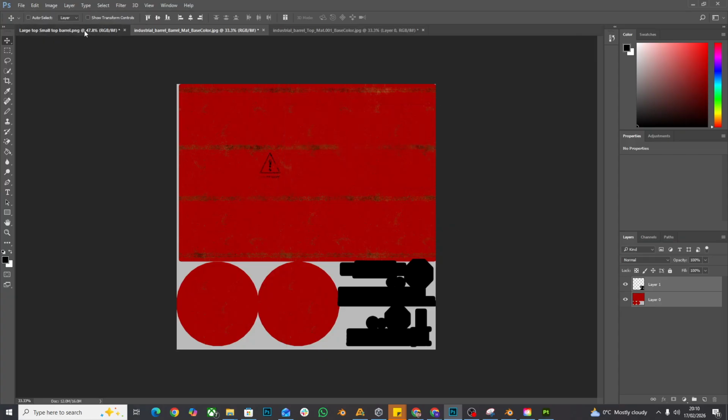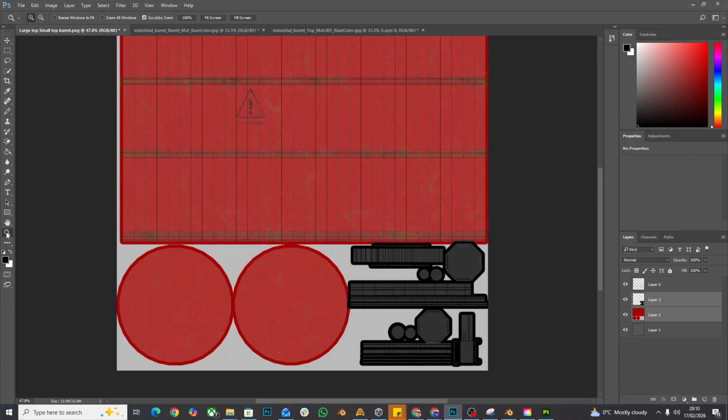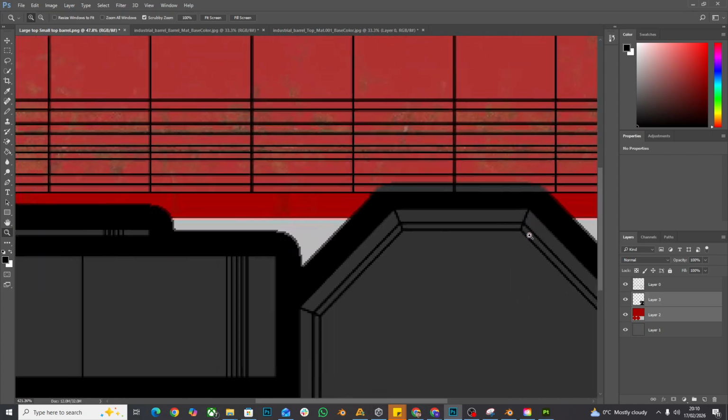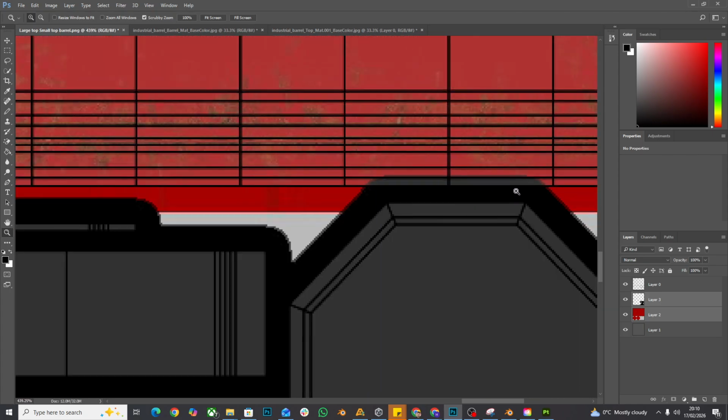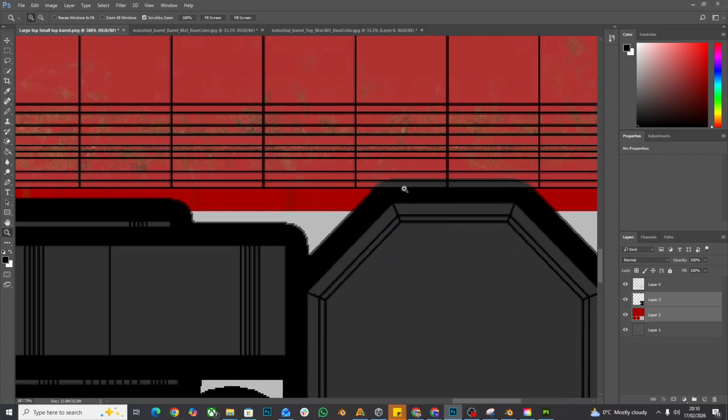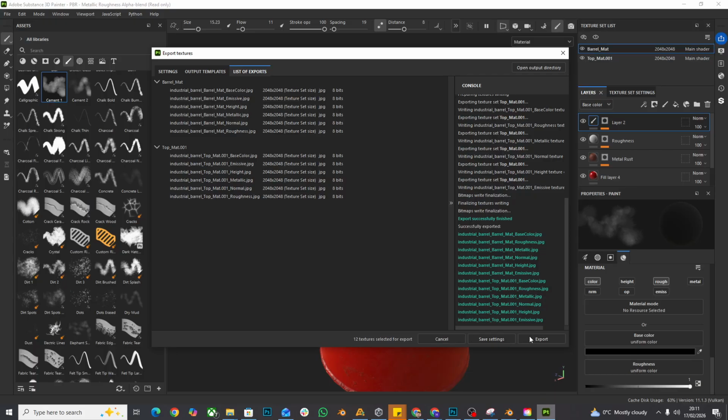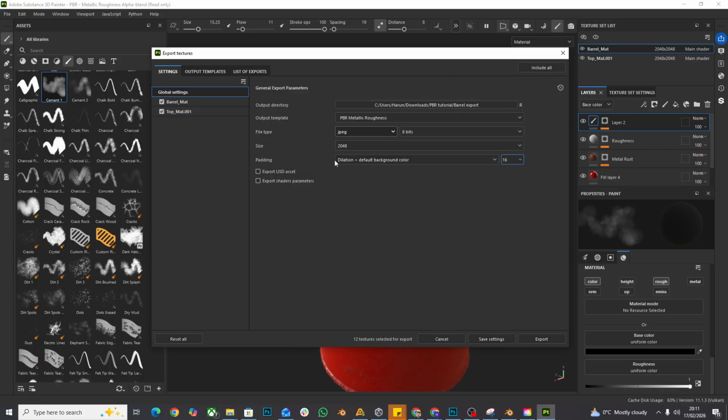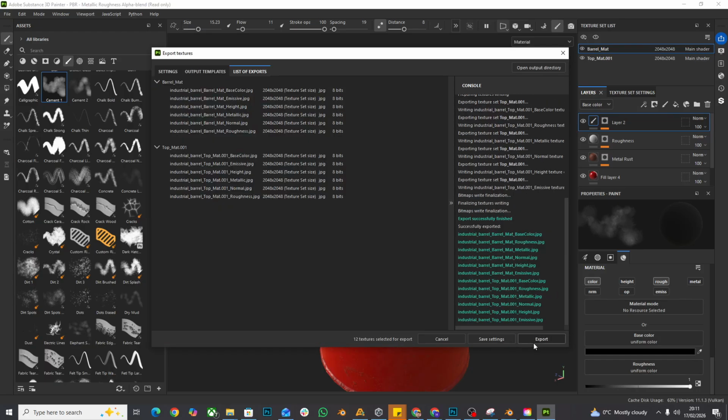to say my UV over here, you can see now that there is a little bit of bleeding going on here. So I can see that there is some issues there. So I may need to just clean this up a little bit because obviously this black is running over. So I might have to clean this up slightly. But you can also say in the padding section, if it has too much padding, you can just bring it down slightly to say maybe 5, for instance. So if I just export out this again,